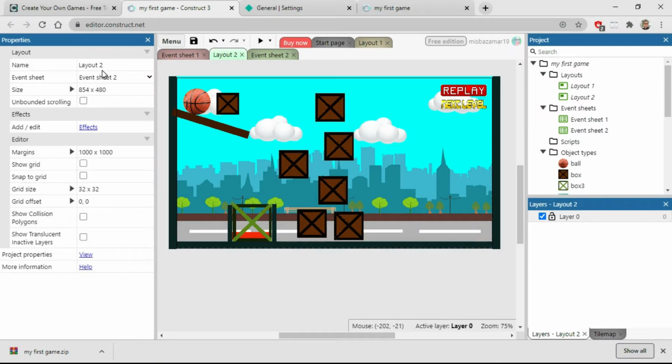This is how you upload your game to Netlify, so that you can actually share your game via browser with your friends. The first thing that you need to do is load your Construct 3. Assuming that you already completed your game and you want to share this with your friends, what